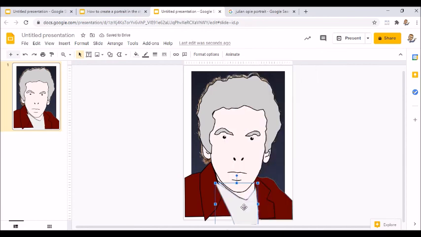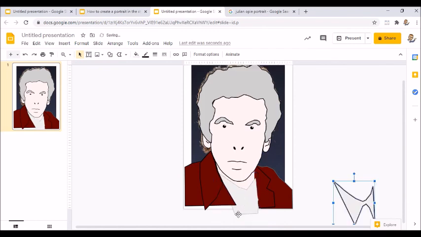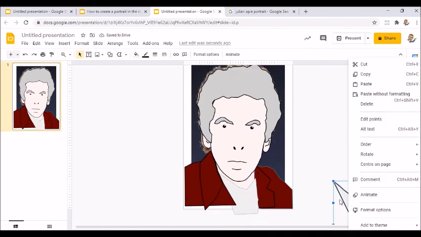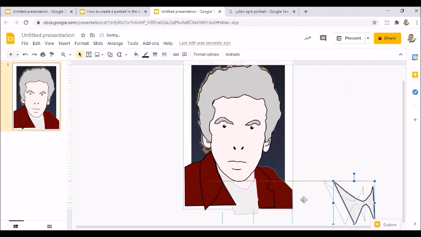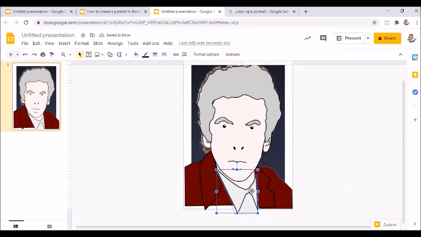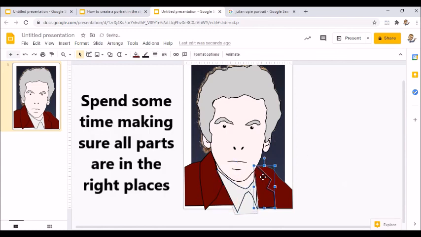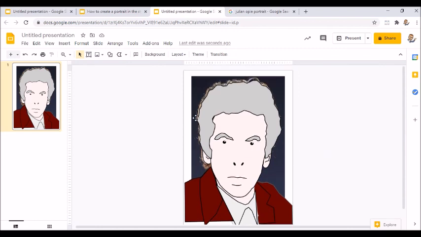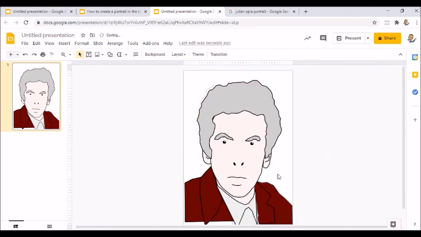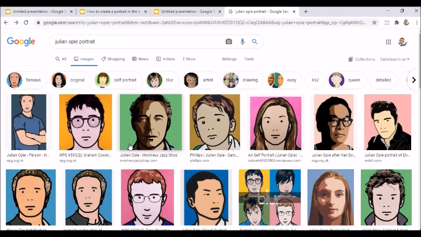So what we're going to do is Control Z, and then we're going to right click on the collar, bring to the front. So when we bring that over, that should fit. Click on the image and delete it. You're left with that. And then what you can do, what Julian Opie does, it colours them in a solid,